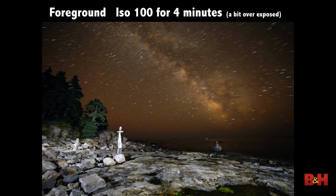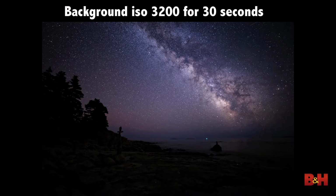And then, well, you got 4 minutes to run around with your flashlight and paint in light wherever you want. If you mess up, guess what? You take another picture and paint in a different area, whatever you want to do. It's fun. And then you can do a separate exposure for the background. ISO 3200, 30 seconds,